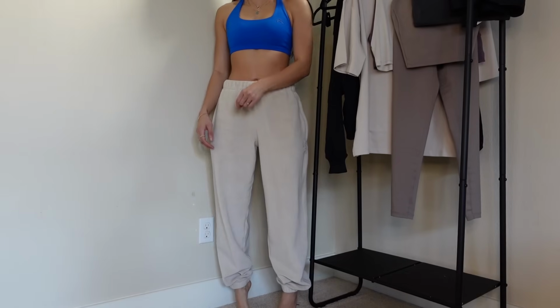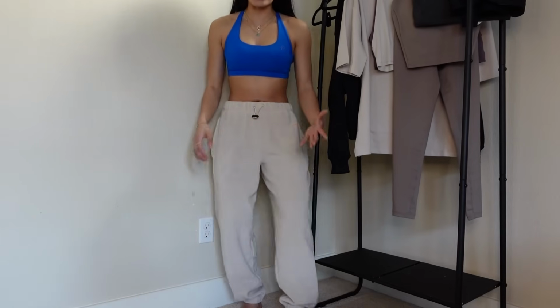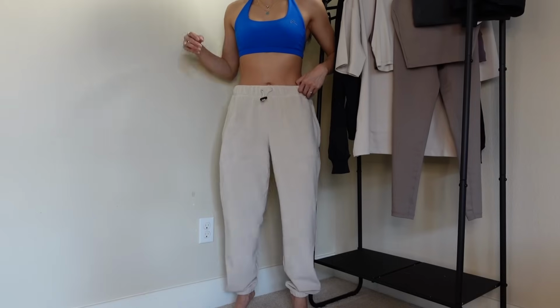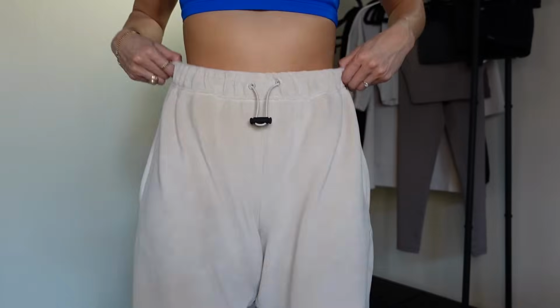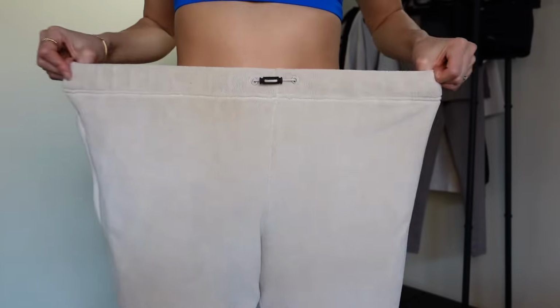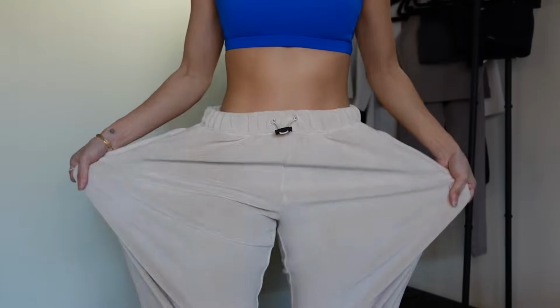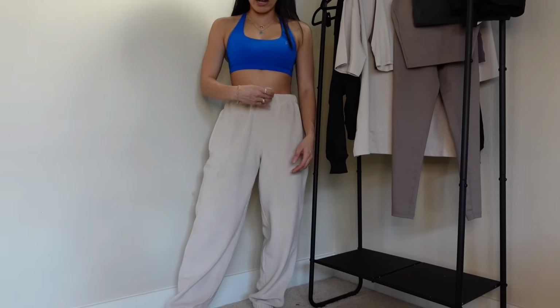extra small regular. I would definitely say to stick true to size, like whatever jogger size that you've previously gotten in Honor, get that size and just know that it's gonna fit way more oversized with a lot of room for you to cinch the waist in. Like I can make this high-waisted if I wanted to, and it's still comfortable, right? And then it also brings the body of this up a little bit more as well. Yeah, I think it does fit true to size. You can get away with sizing up or down if you're in between, depending on how you want things to